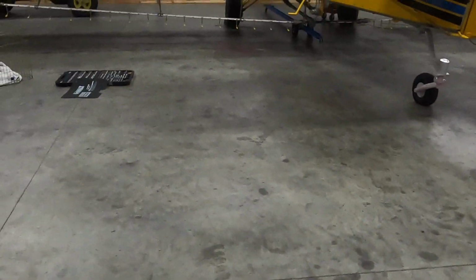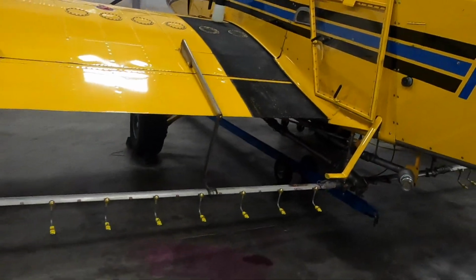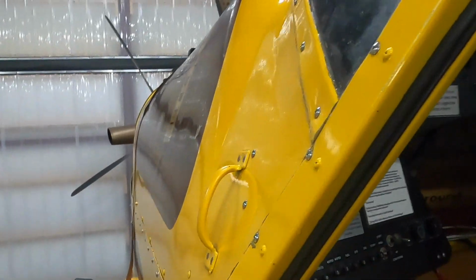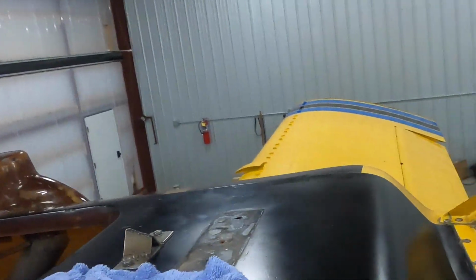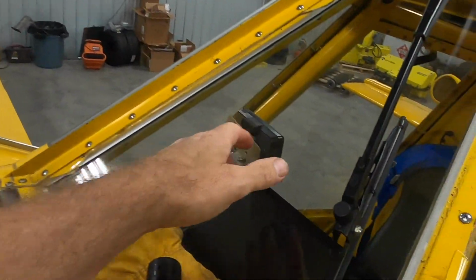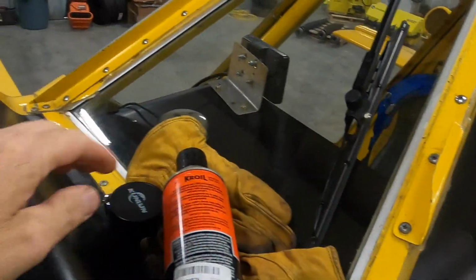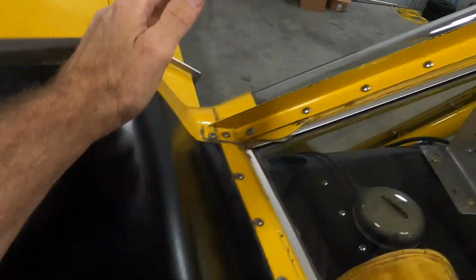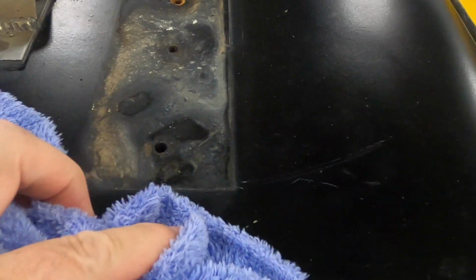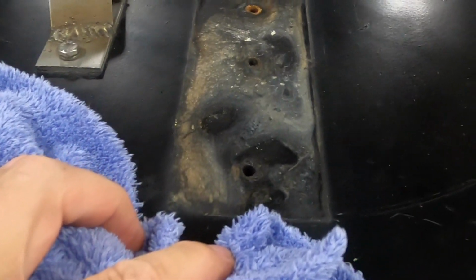you know, every load when you come in, your loading crew is up on this airplane washing your window, and of course this is where it is, and they're reaching across, washing the window for you, getting everything cleaned up, trying to reach over to this far side, which puts your arm right there. So I need to get it smoothed out, cleaned up. I'll clean that up before I put it back together,